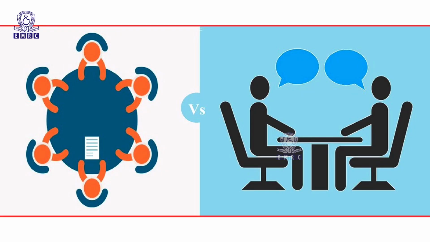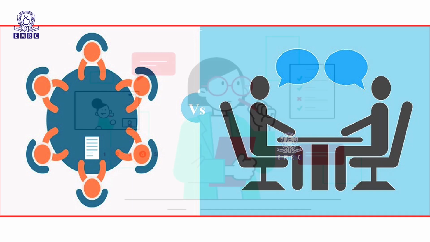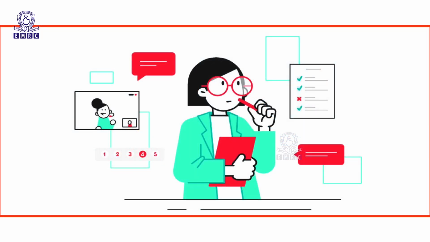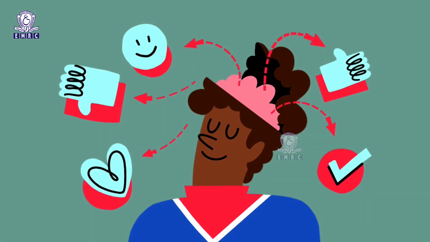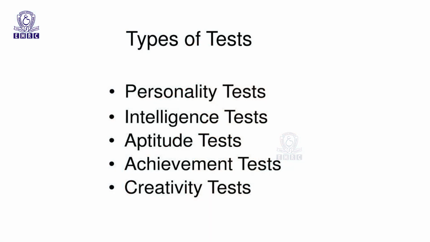An overabundance of standardized and published psychological tests in the market show that psychological tests can be classified in many ways. According to the mode of administration, psychological tests are of two types: individual tests, group tests. Speed and power tests are the two types of psychological tests that differ according to the rate of performance. On the basis of behavioral dimension measured, psychological tests are classified into personality, intelligence, aptitude, achievement and creativity tests.